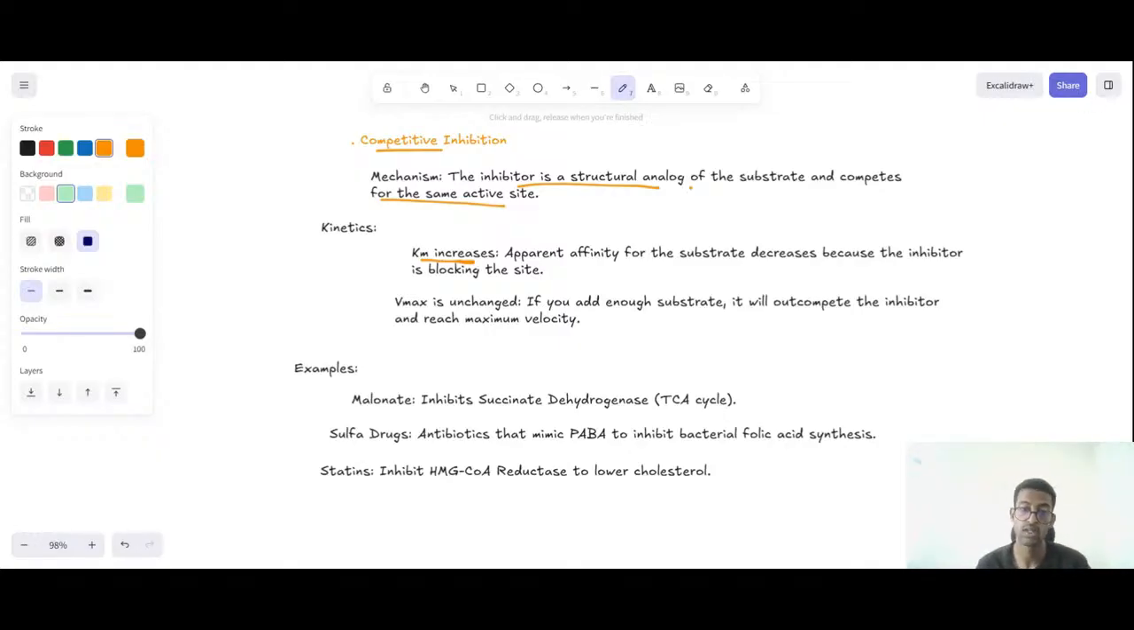Malonate ላይ እያሳየ ነው። So it inhibits succinate dehydrogenase in the TCA cycle. Sulfadrugs ለልጅ አይሰጥም because folic antibiotic, they mimic PABA to inhibit bacterial folic acid synthesis, DNA synthesis ላይ, because DNA synthesis ሳይደረግ ወደ ሴል ሳይክል ስለማይገባ, this is very important. I don't know what I'm talking about, but I have a general overview clue. So statins ደግሞ inhibit HMG-CoA reductase to lower cholesterol. ቅድም ስለ ኮሌስትሮል አውርተናል።